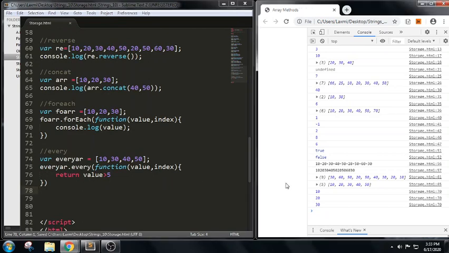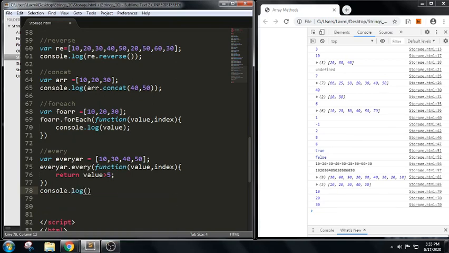Now if you can see here, did you get something? No. Now console.log of, let me put this value in a variable.